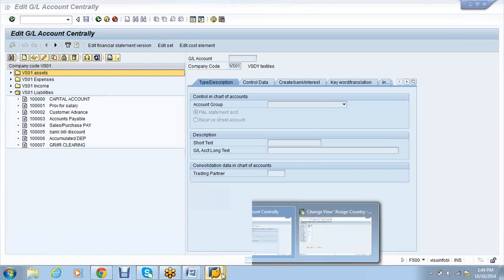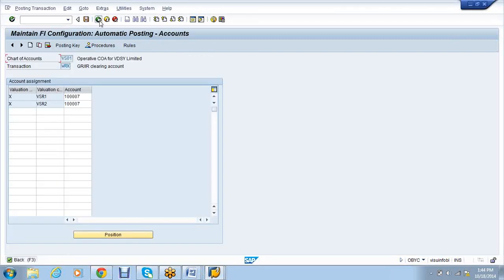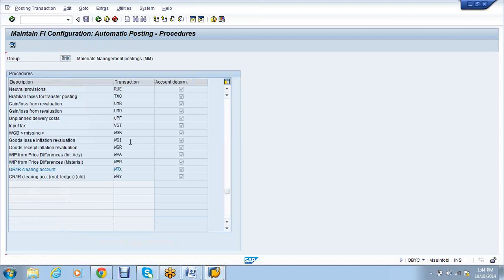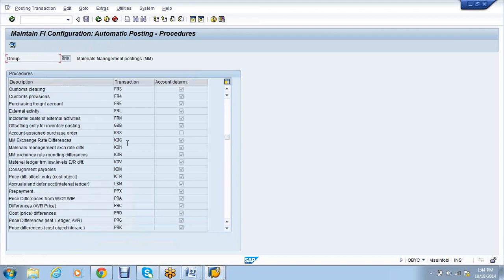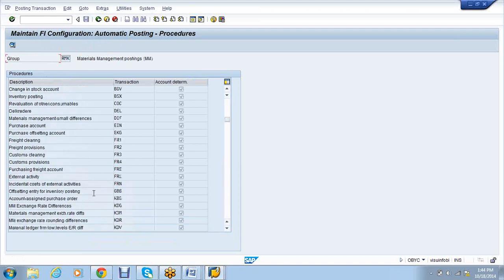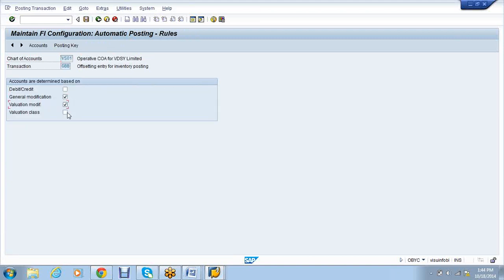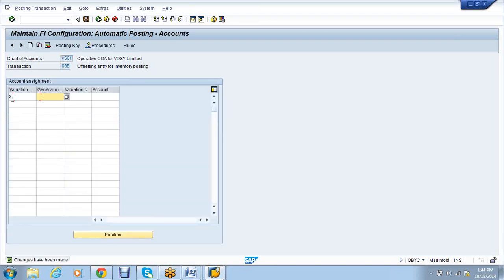Then class keyword. Here I'll select. If I do not select general modification, then every time I do the posting, it will go to the same account. So VBR valuation class for your